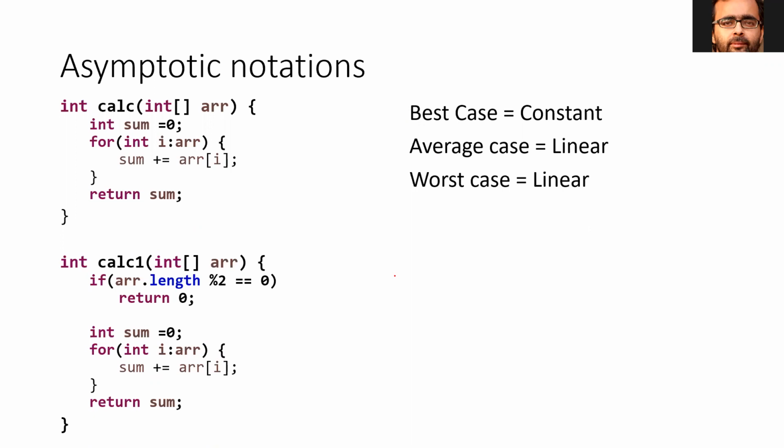For example, we are searching for an item in an array. If that item doesn't exist, then it has gone through the complete array and no item exists. So it has scanned all the items. That is the worst case scenario. Best case could be if you are hitting the item exactly on the first element itself. That is the best case scenario. Average case can be like you found the item somewhere in between. So that could be an average case scenario. So we already saw these kinds of cases, and then we saw what asymptotic notations we have and how they can be represented.